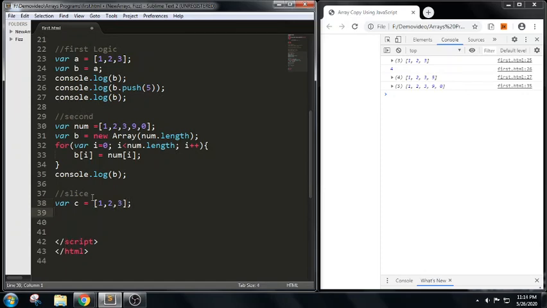Now if you can see here, variable c equal to [1, 2, 3], variable d equal to c.slice(0, c.length). That is, it will start from the first index, 0, up to c.length.